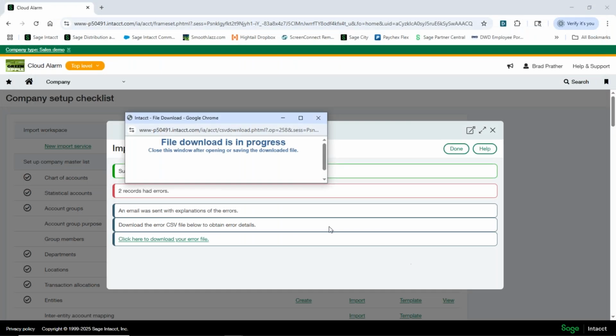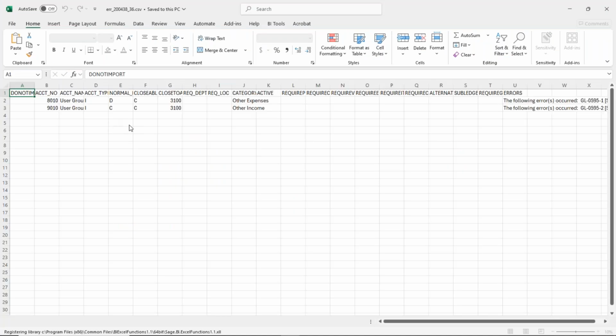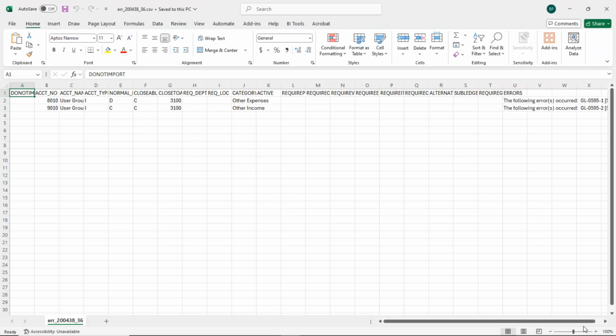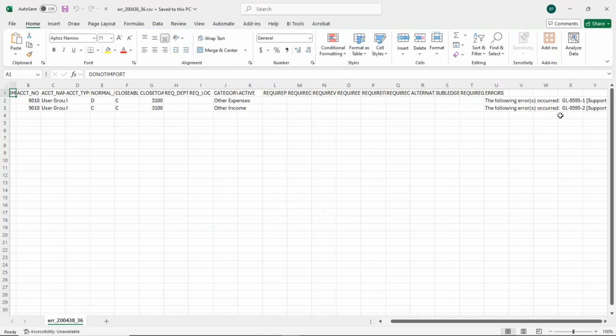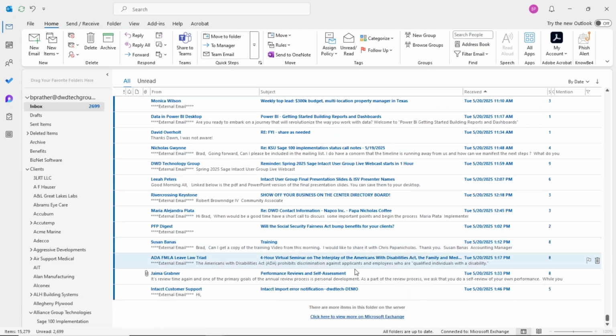Okay, take a look at it, and it will then have all the records that didn't import. Okay, and actually this one doesn't give me the information I need. What'll happen is you'll get an email. Okay, and then that email should tell you